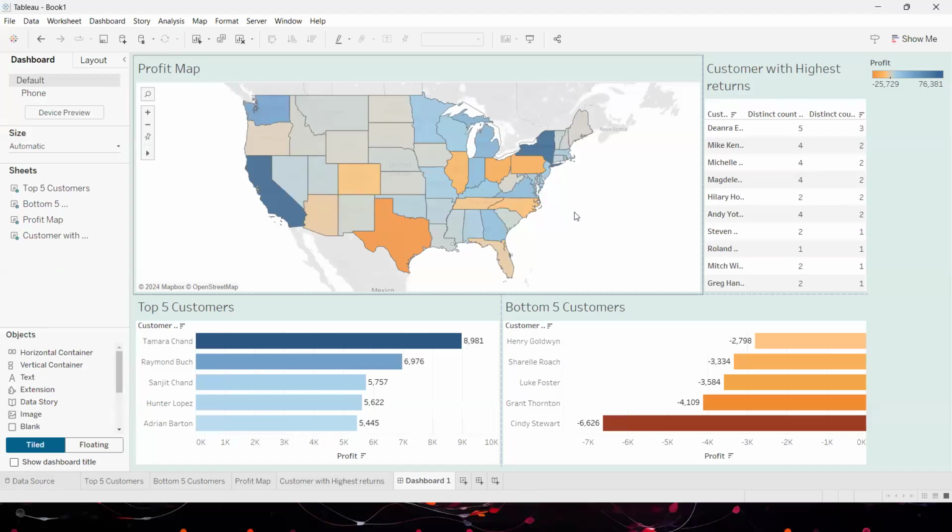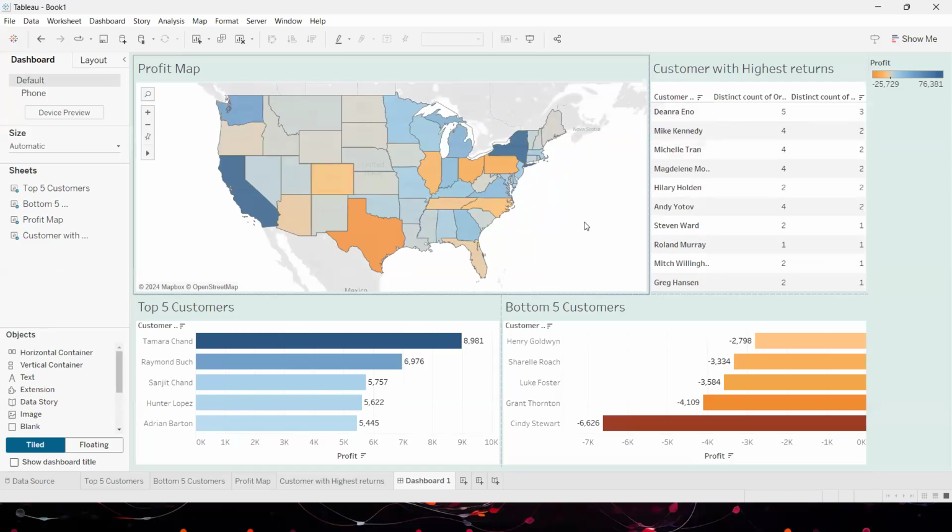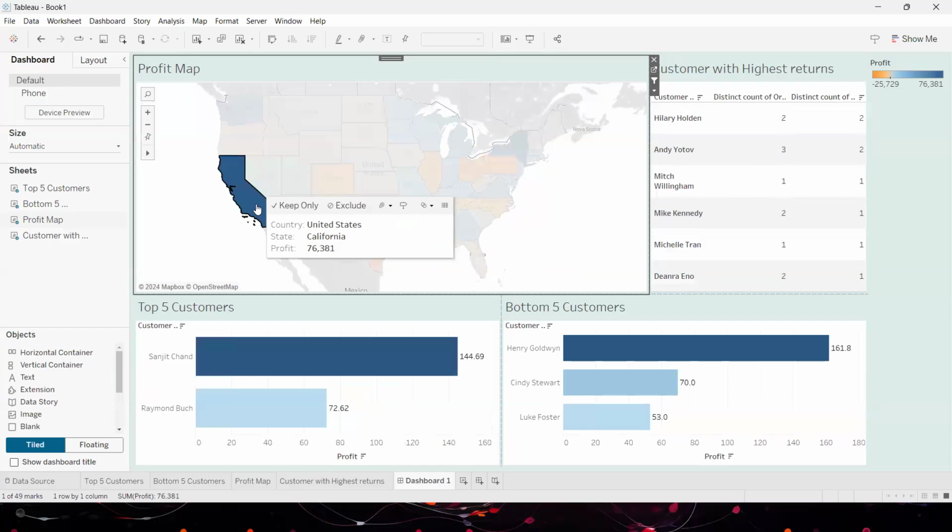Now, 4 graphs, it looks like randomly I brought 4 graphs and I placed them over here. But what if I have to make them interactive? I want these charts to be able to interact with each other. So we can enable something called the filter action just by clicking on that funnel. It's very simple. So now when I go and select any country, any state, you can see how all the other charts are getting updated, showing me data pertaining to that state.